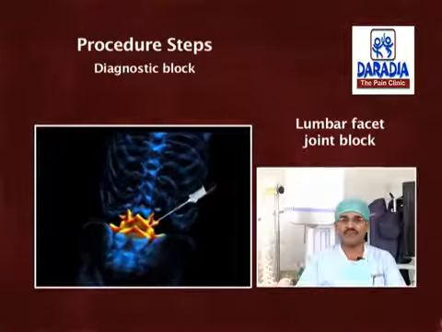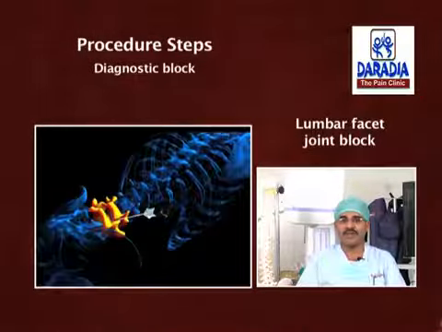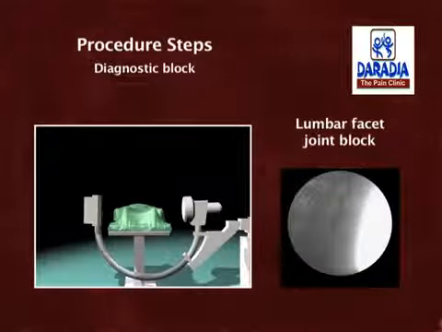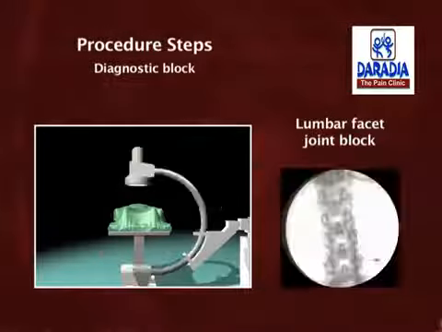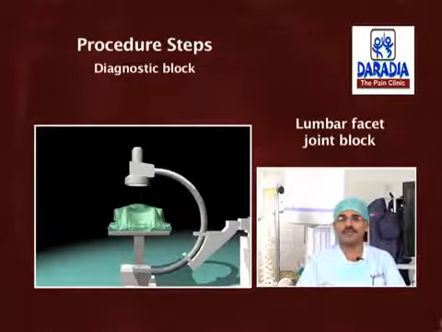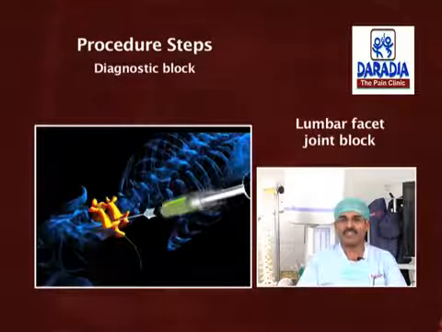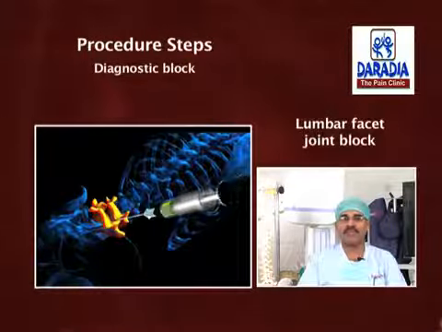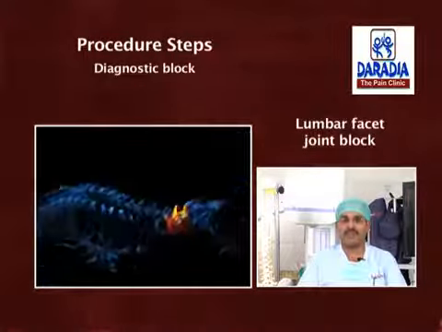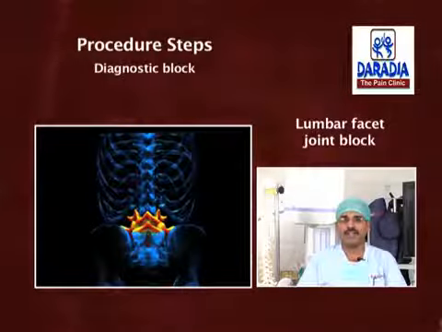The position can be confirmed by moving the C-arm in different angles to confirm the needle position, or by injecting 0.25 ml of contrast. Then move the C-arm to lateral view to confirm the needle placement. Then go for AP image and check the needle tip. The final needle position should always be confirmed in all three views, including anteroposterior, oblique and lateral. Once the needle position is confirmed, you can inject 1 to 1.5 ml of 1% lidocaine or 0.25% bupivacaine for diagnostic purpose. 10 mg of depot steroid can be added for therapeutic purpose. Then remove the needle and apply the sterile dressing.